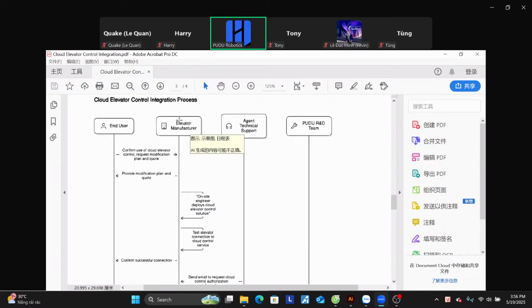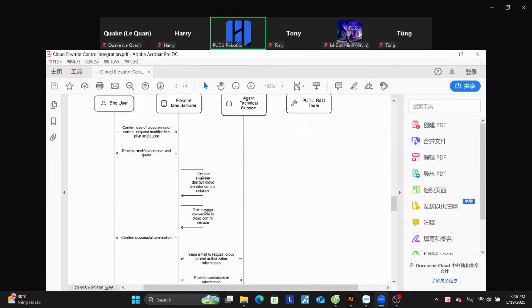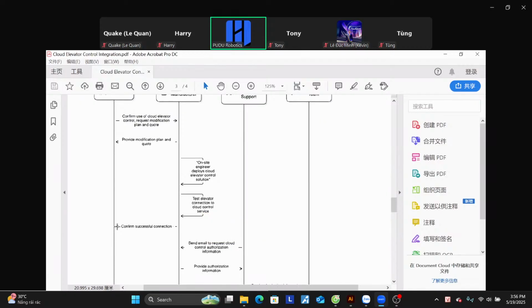So the manufacturer of Connect will do their site survey and test to make sure that the end user's elevator can support the API integration, and then they will confirm that. After they confirm that, next is, okay, so we say IBW needs to already talk with the end user and Connect. They said they already did this part. The next part is